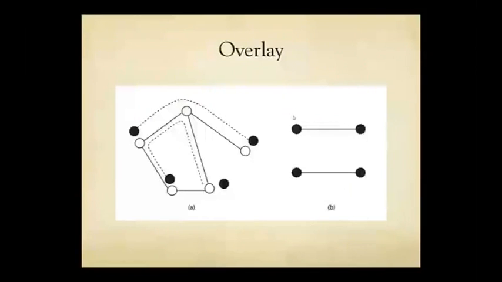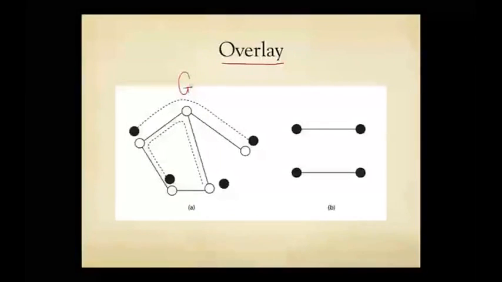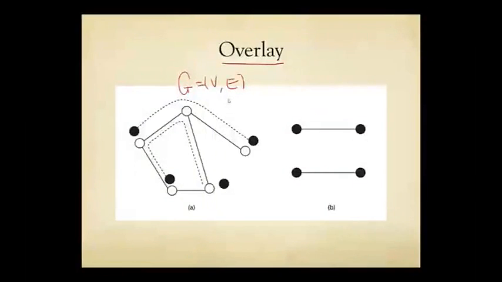Now both BitTorrent and Skype, as we just saw in a very basic description, are overlay networks. We've been using this term a few times already. What exactly is an overlay network? Think about the following topology. You've got a graph, which is a set of nodes and a set of links. The white circles are the nodes in set V, and the solid lines are the links in set of edges E. That's given to you.